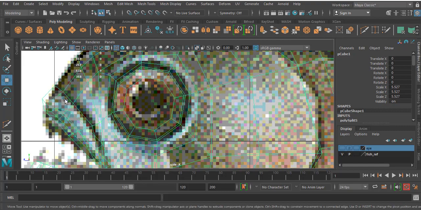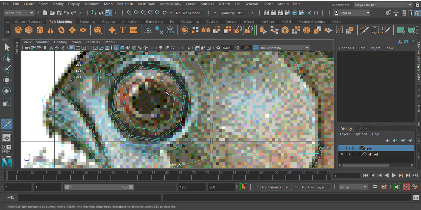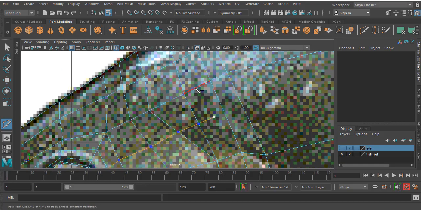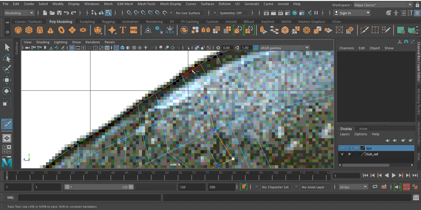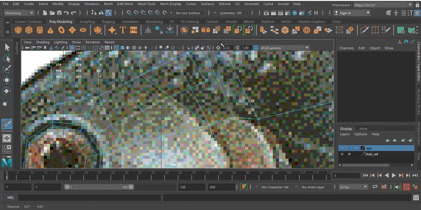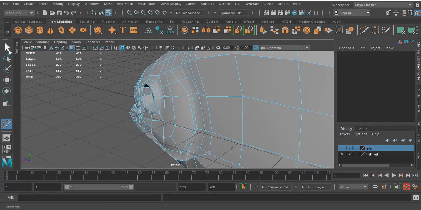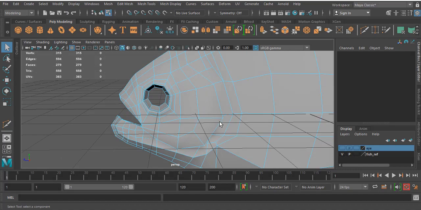So I'll go to multi-cut, far better. 1, 2, 3, 4, 5, 6, 7, 8, 9. From here I'll go upward, join over here. Then this corner I'm going to select and join with this one. And don't think that this one is a triangle. This is not a triangle. Actually the edge is there. From the side view it seems like a triangle.